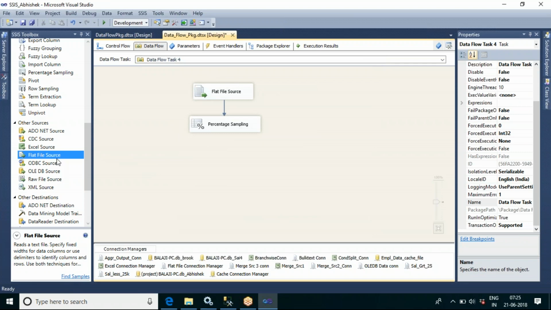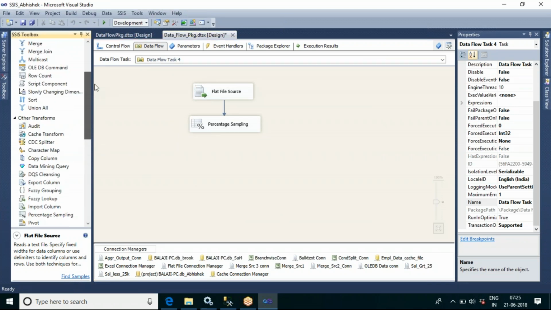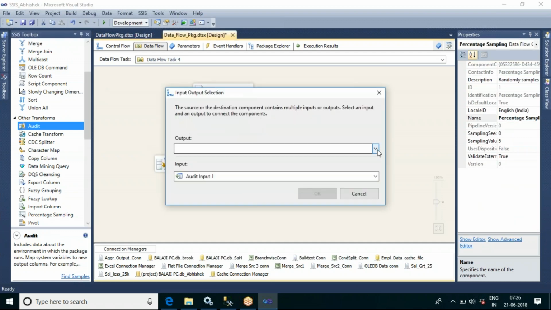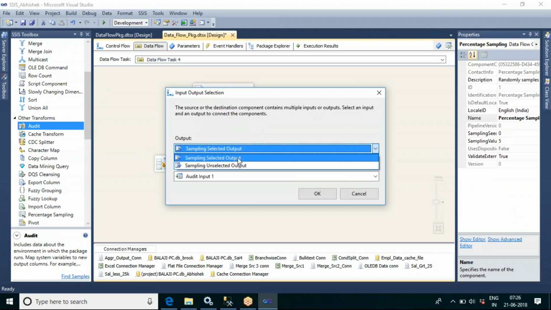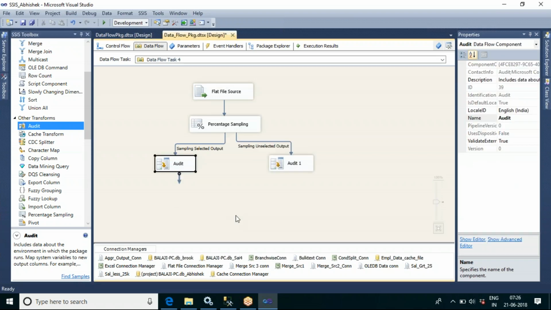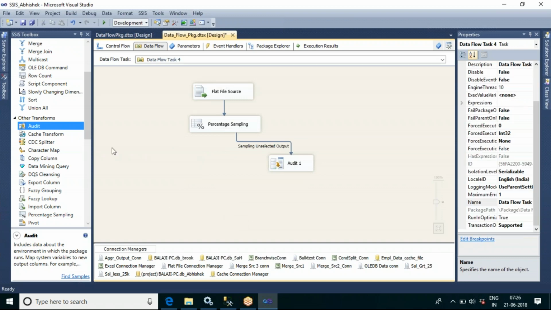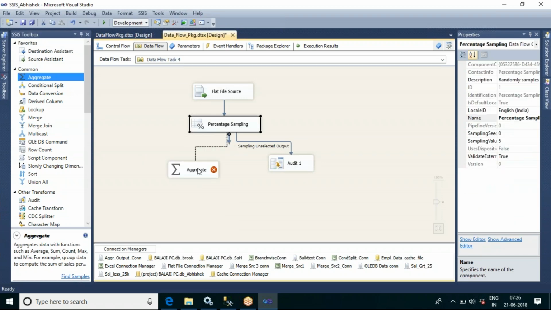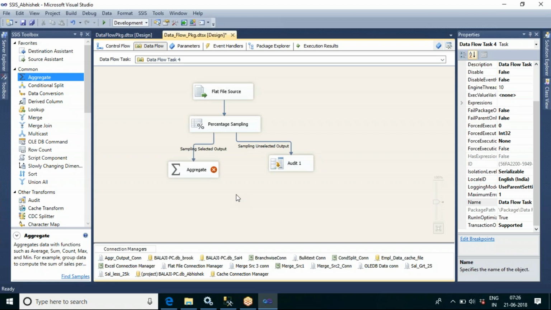Now we can see that. Let me go for the sample selected output, and let me move on the remaining 95%. Suppose you are using some aggregate function, you can just pass this 5% of data to your aggregate function to make things faster in the testing phase.